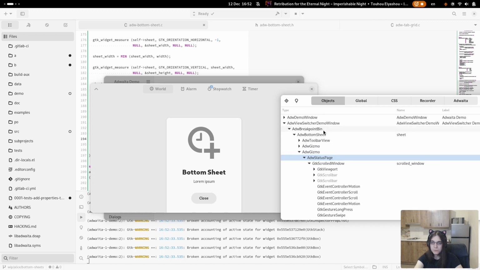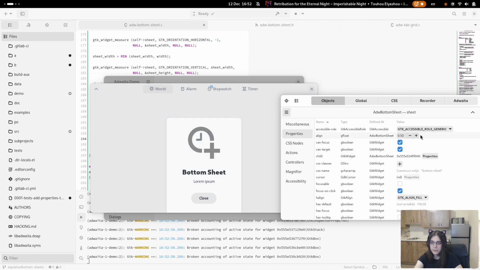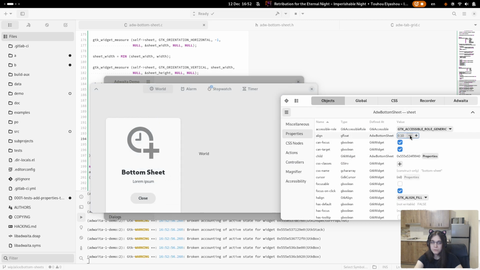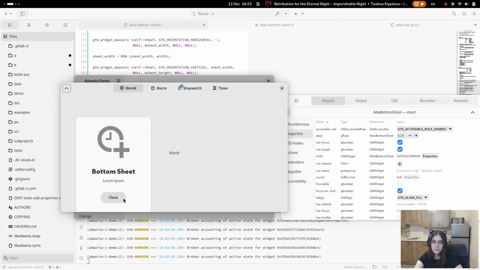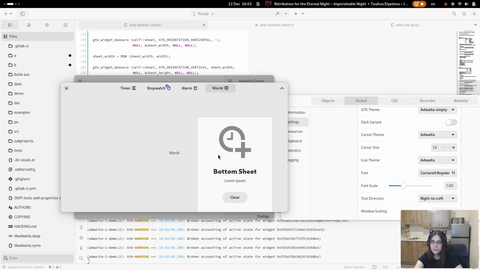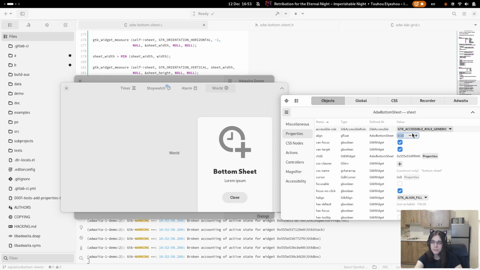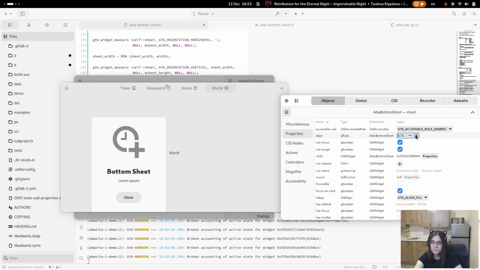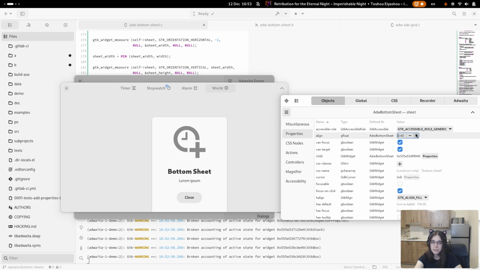So now I can change a line to, for example, 0.1, and it's left aligned. And if I change to right to left, it'll be on that edge. So it all works correctly, as it's supposed to.